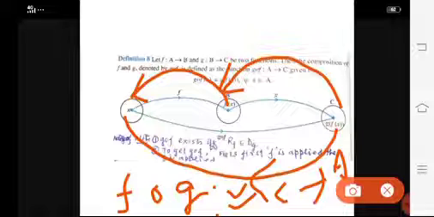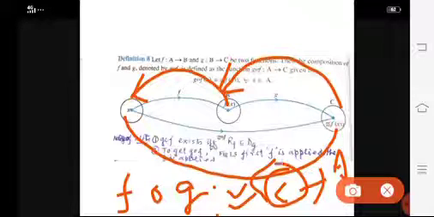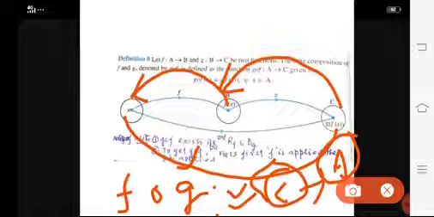Whenever we are taking the composite of two functions, for example K and S, K composite S, what will be the domain of K composite S? The domain of K composite S will be the domain of function K, and the codomain will be the codomain of the function S. Just like here, whenever we are taking G composite of F, the domain of this function is the domain of the function G, and the codomain is the codomain of the function F. Okay.